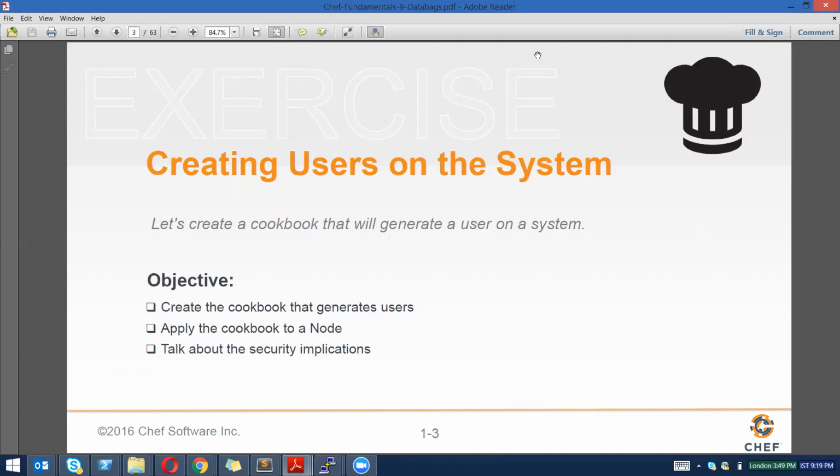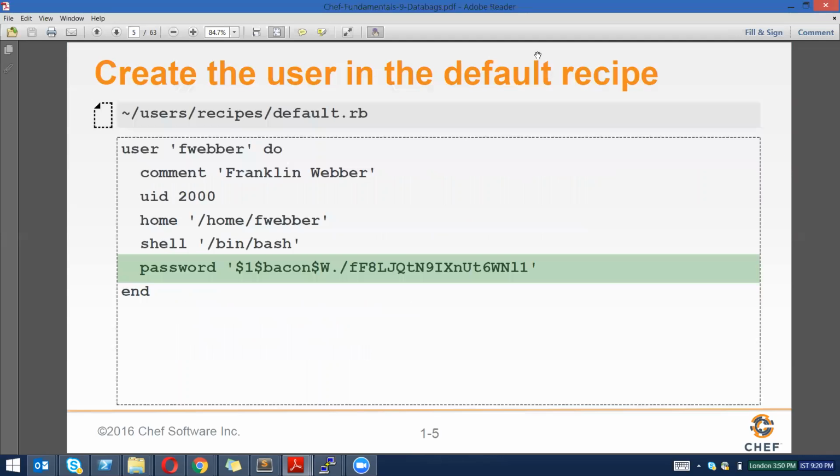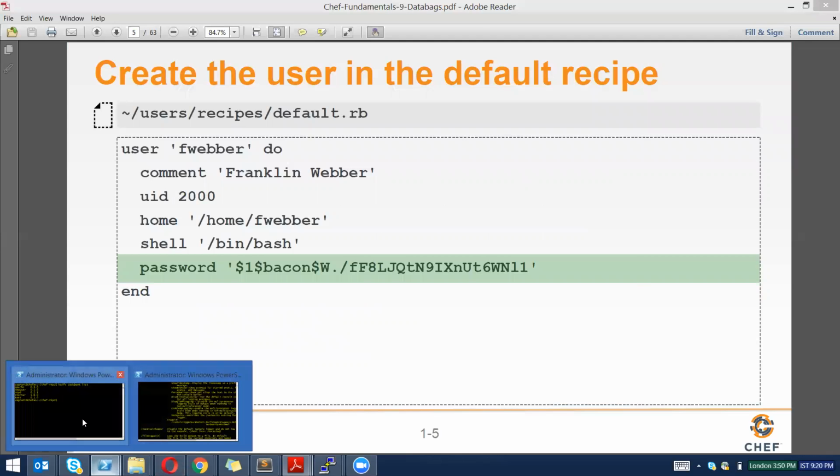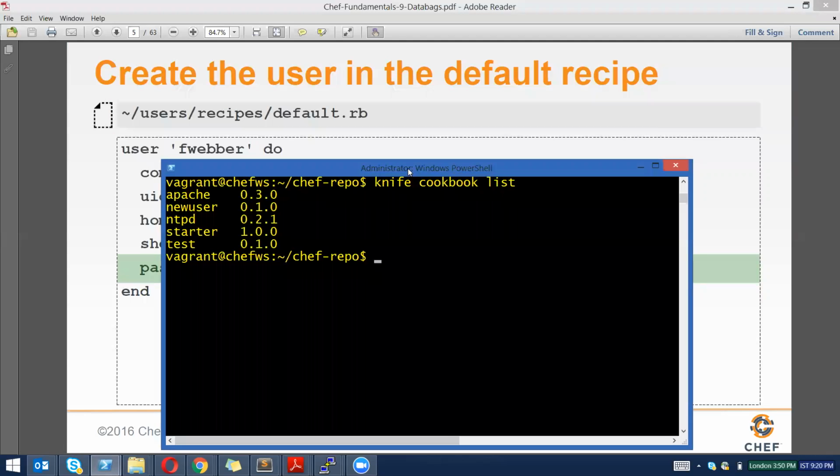You create a cookbook that will generate a user on a system. So you create the cookbook that generates the user, apply the cookbook to the node, and proceed. The first thing is we'll simply create a user cookbook, and let's do that immediately on the workstation. So we are here. We'll create my cookbook, create user, right? We'll create new user,